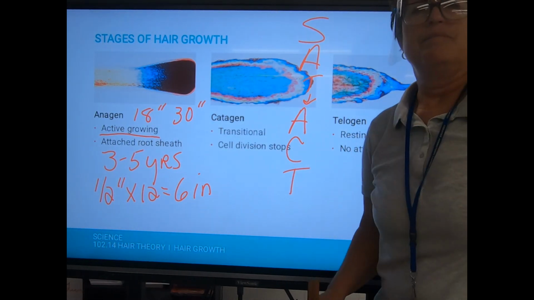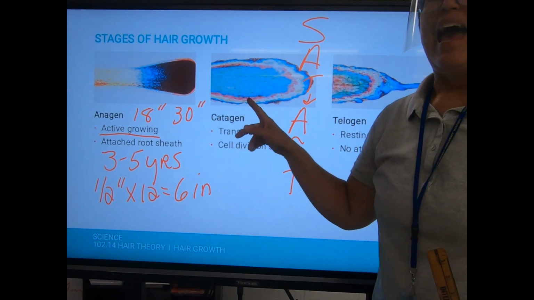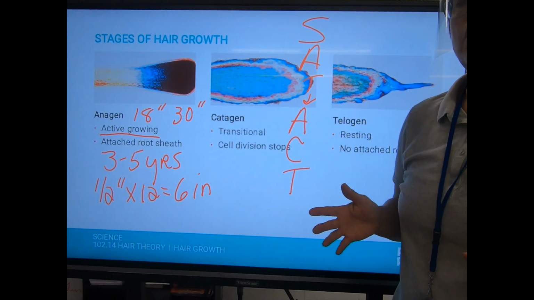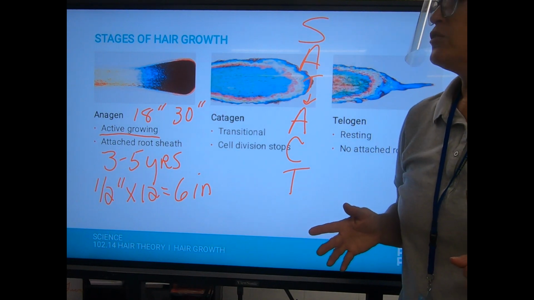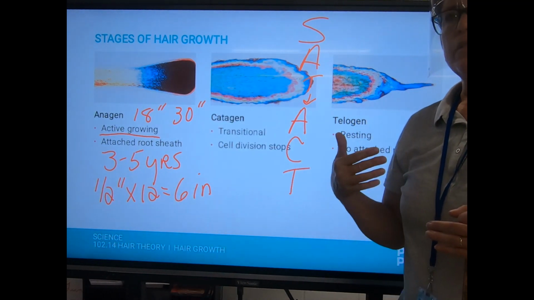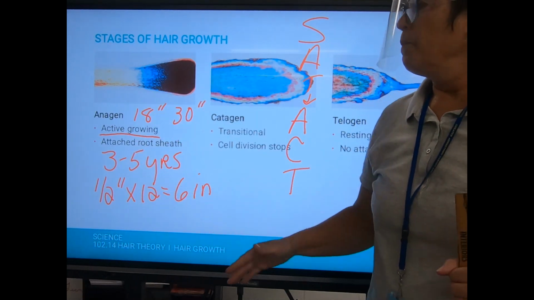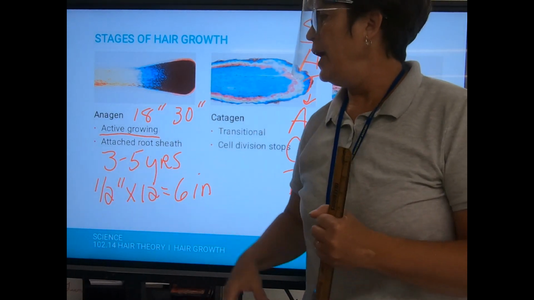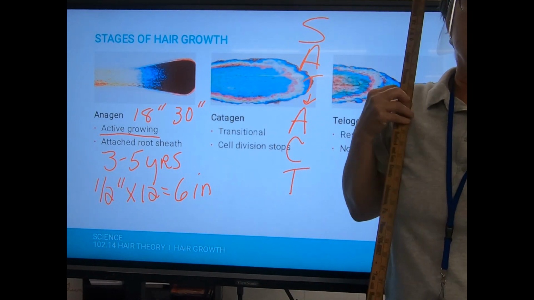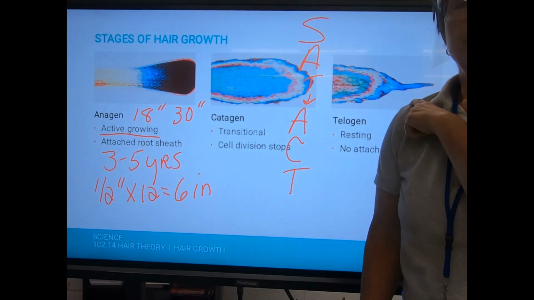Now, some of you might be saying, my hair never grows that long. That's because this is the average, okay? So you have about 100,000 to 140,000 hairs on your head. So each one of them has a specified period of time that they grow, and then they fall out. So every single one of them is only going to grow so long. So let's suppose your hair only grows for 2 years. So I know lots of people that their hair gets to here and will never get any longer. And they get very frustrated.